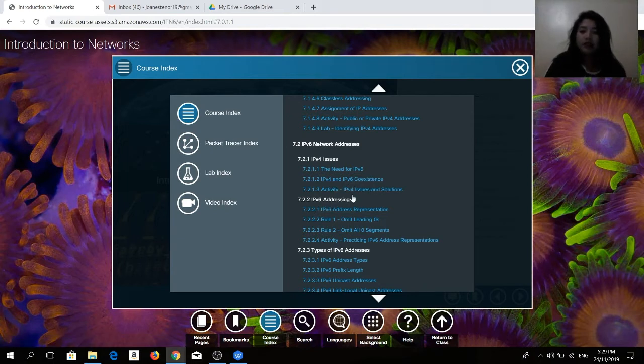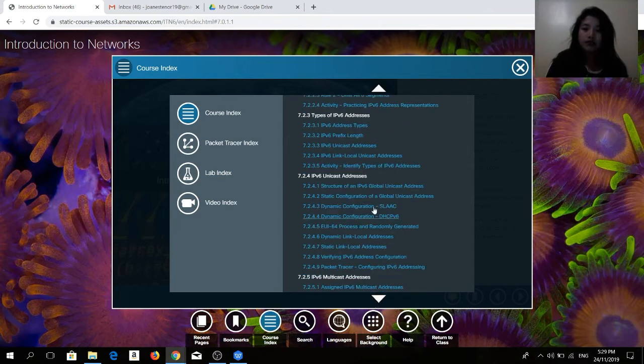Then under IPv6 addressing, we have IPv6 address representation. Rule 1 and Rule 2: omit leading zeros, omit all zero segments. Then under types of IPv6 addresses, IPv6 address types, IPv6 prefix length, IPv6 unicast addresses. Then IPv6 link local unicast addresses. And under IPv6 unicast addresses, we have the structure of an IPv6 global unicast address, static and dynamic configuration of a global unicast address,